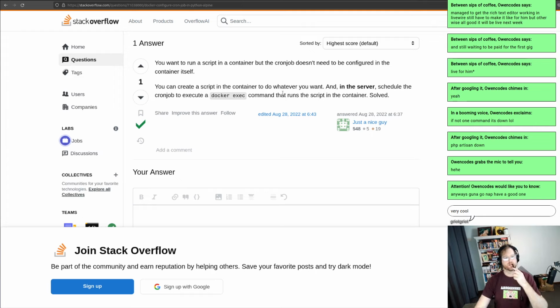You want to run a script in a container, but the cron job doesn't need to be configured in the container itself. You can create a script in the container to do whatever you want, and in the server schedule the cron job to execute the docker execute command that runs the script in the container. Solved. I mean, sure, but